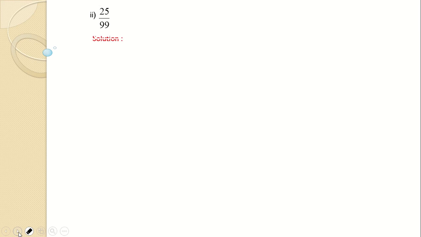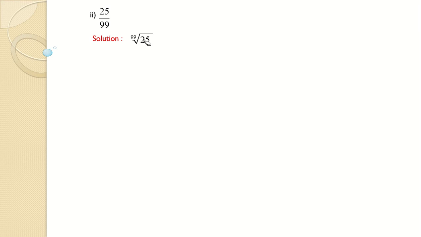Let's move to the next sum. Here I have actually divided and solved. Now since 99 is a bigger number and 25 is a smaller number, you have to just keep in mind what is divisor and what is dividend. The number on top, that is in the numerator, is your dividend, and the number down is your divisor. Sometimes in a hurry you should not make the mistake of writing 99 here and 25 here, then the whole answer will go wrong, right? So 99 divided by 25.